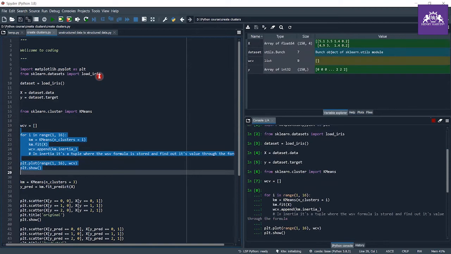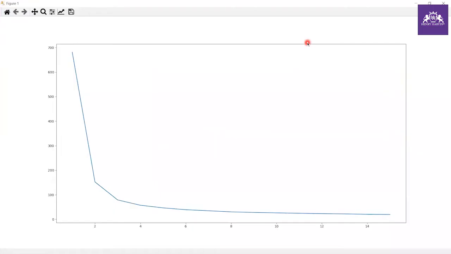Wait a second. So as you can see in this graph, there is an elbow at 2 and there is an elbow at 3. So let me draw this. There is an elbow at this point 2, and there is an elbow at this point, which we can look at easily. So here we can have 3 clusters or we can have 4 clusters.